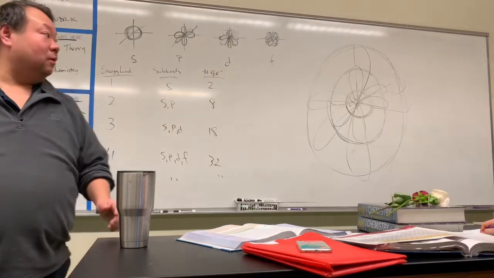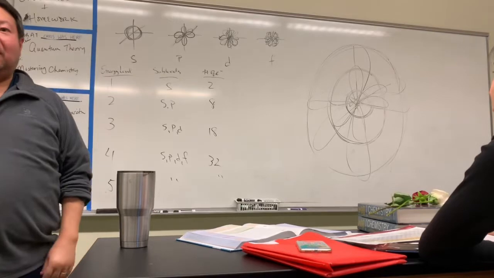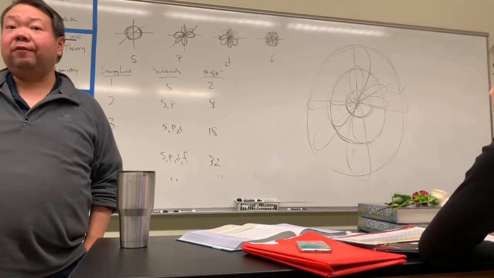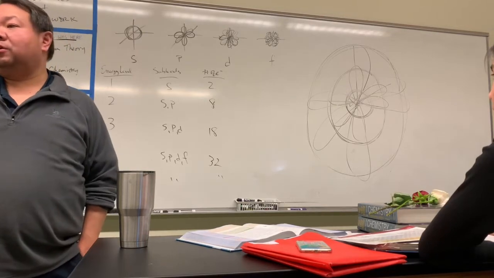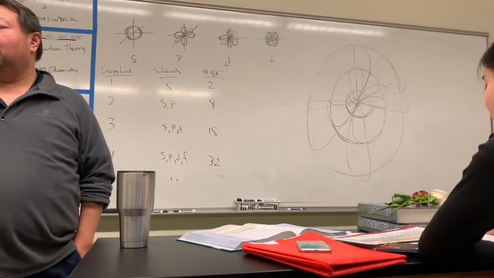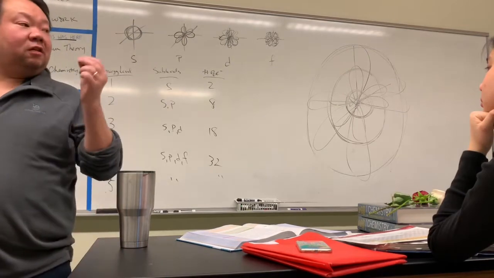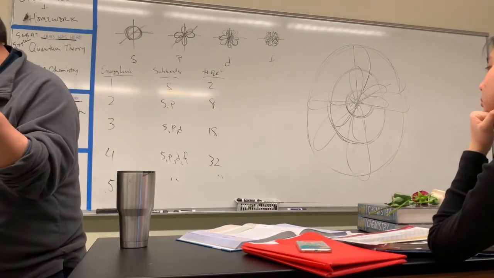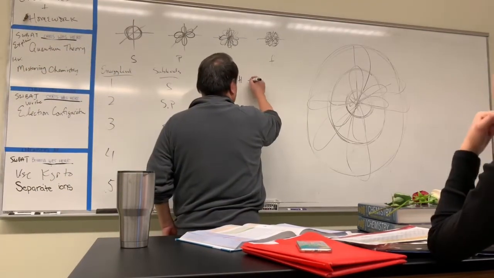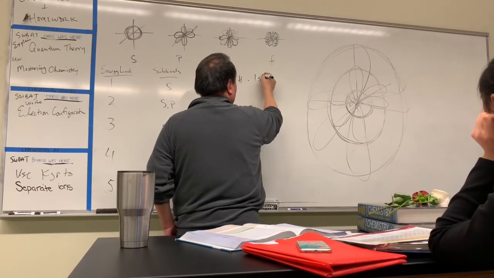So, if there was 1 electron, where do you think it would be in the atom? In the first orbital. Which energy level? First. Which sublevel? S. How many electrons? 1. So this is called an electron configuration. This tells me where every electron is. So for hydrogen, I would go like this: hydrogen, first energy level, S sublevel, 1 electron.